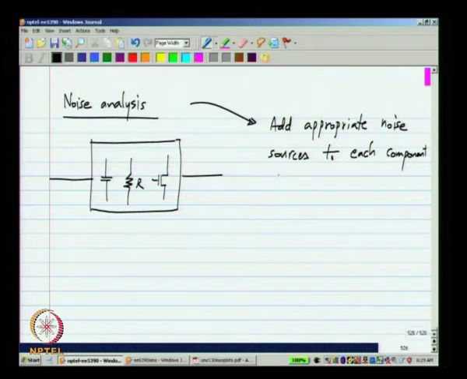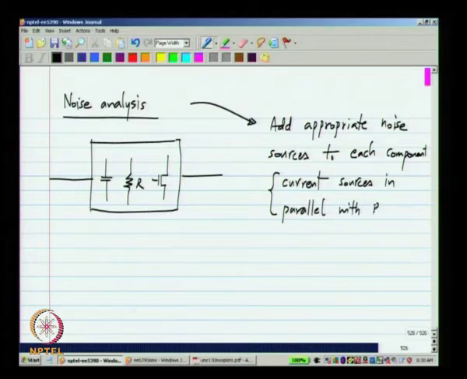For instance, this could be current sources in parallel with resistors and MOS transistors, and you have to specify an input port or a voltage source and a pair of output nodes.